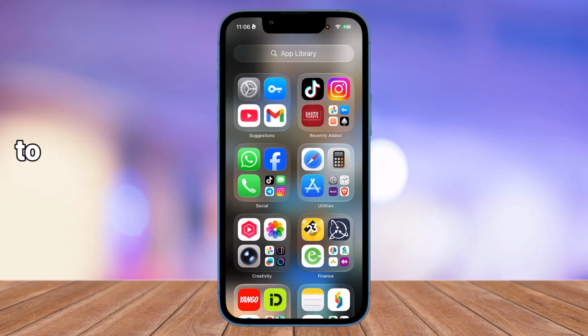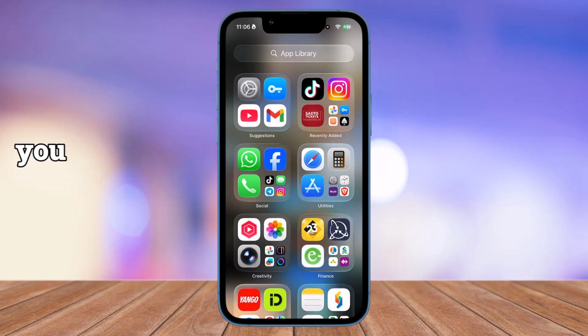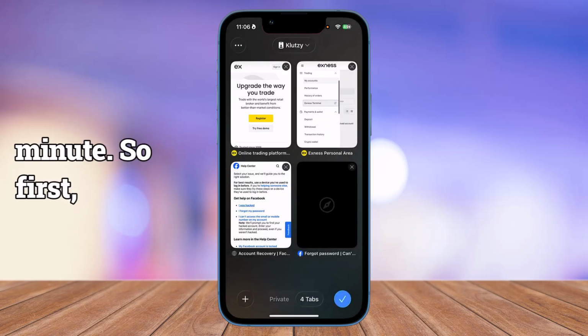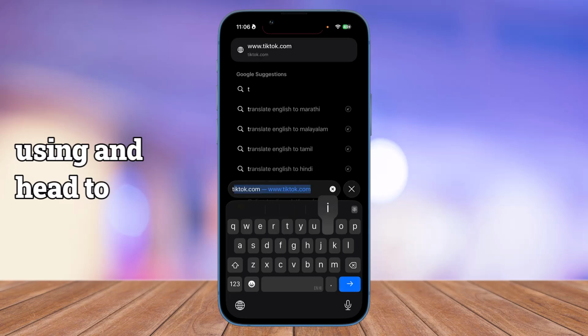So you want to know how to recover TikTok account if you forgot your username? Here's how you can do it under a minute. So first things first, simply go ahead and open any browser that you prefer using and head to this site